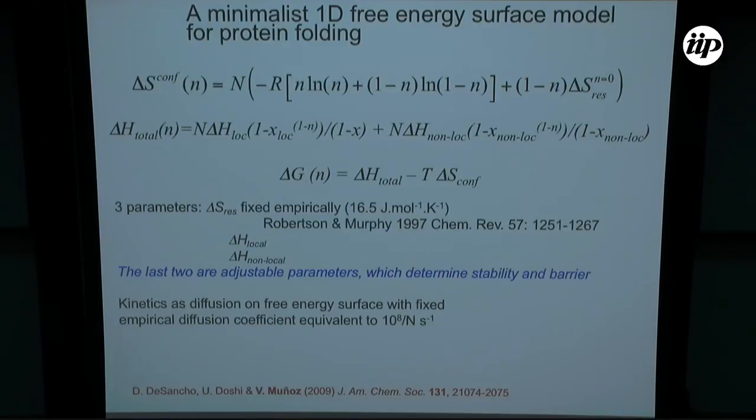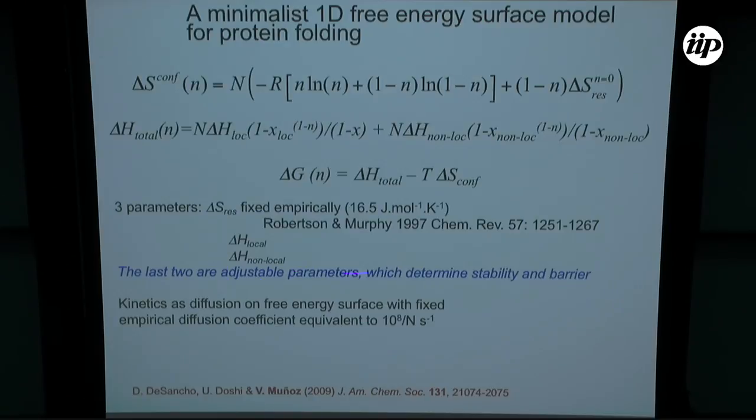And the way we did this analysis is assuming this delta S per residue is fixed to this value, and this is coming from experiments in calorimetry, so that seems to be a pretty well-determined number, and it's roughly constant, okay? We assume it's always the same. You just have two parameters, which are this and this, because these curvatures, we fix them, okay? So the way this model looks like